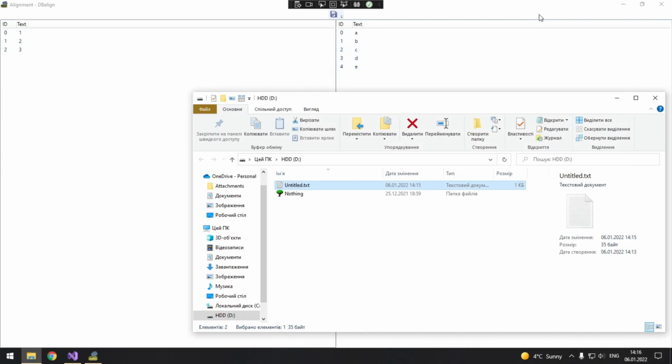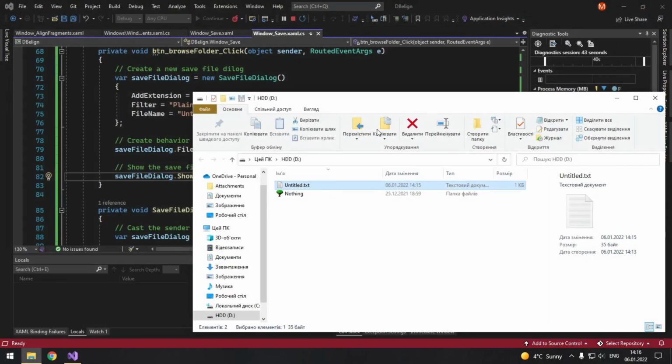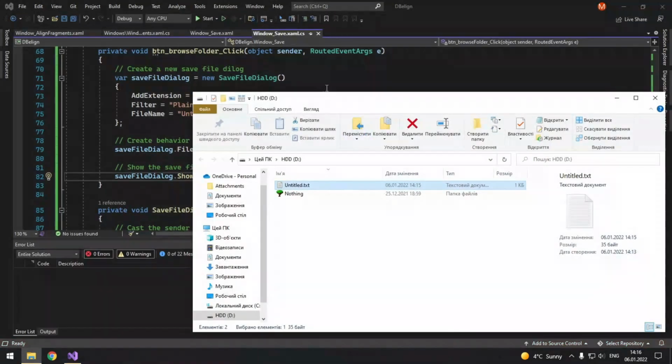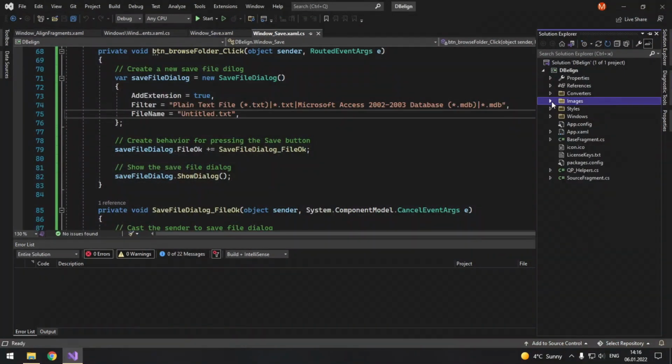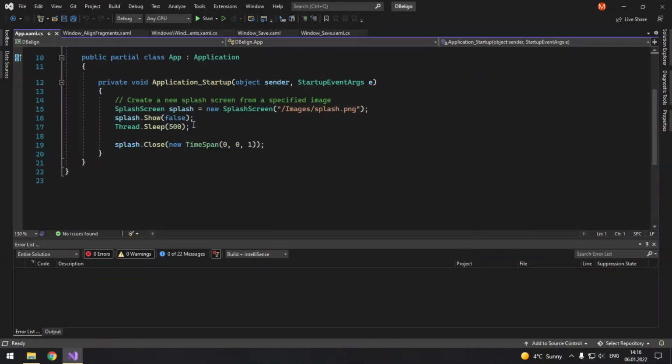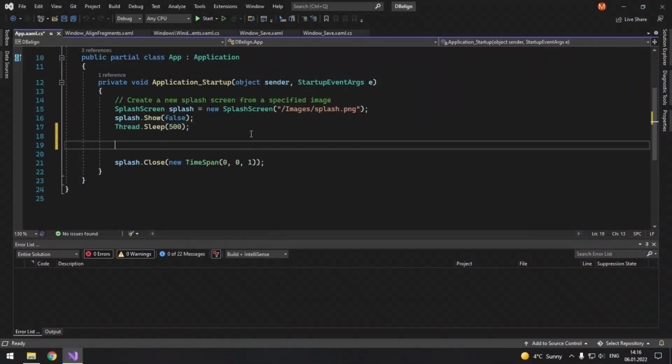Alright, so that was it for saving for today. And the final little thing that I wanted to show you, well, as you remember previously we have looked at how to implement auto updater, and you will also might need auto checker. So in your app.xaml.cs, when we show our splash screen, we can actually here implement auto update mechanics.